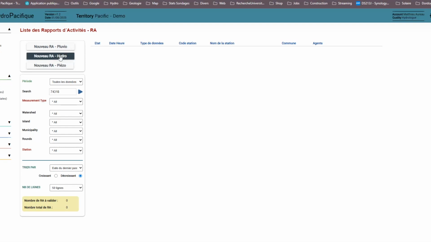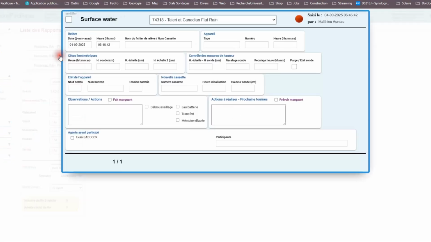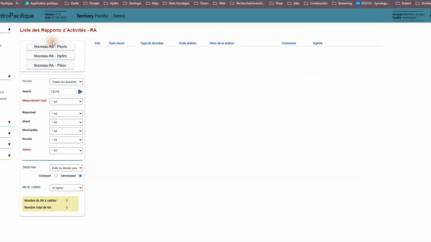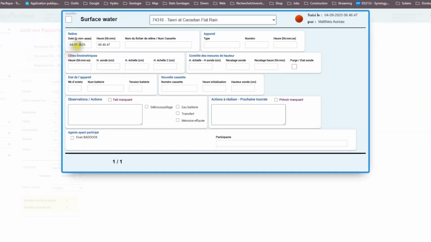and then you will see all the data linked to that station. Then you click on New Field Sheet, Hydrology, and it takes you to this field where you enter one by one. First the date, so here it's 2015. Then the time,